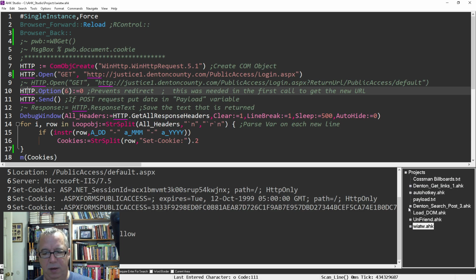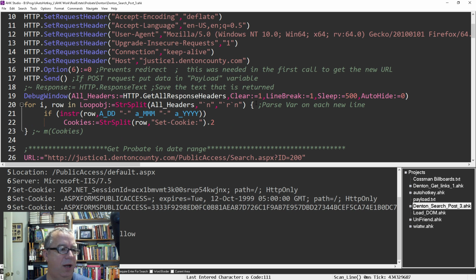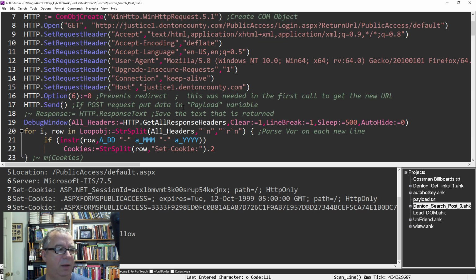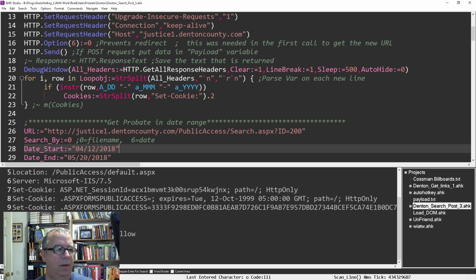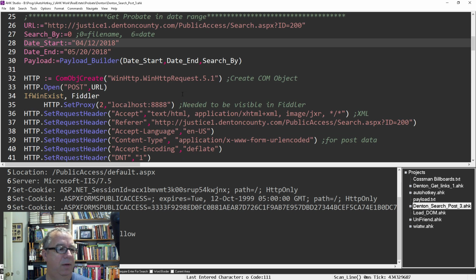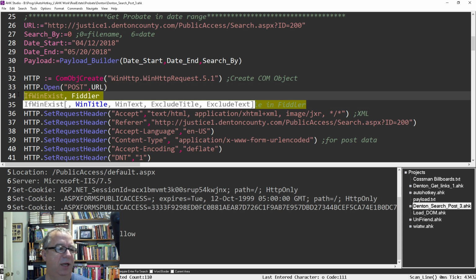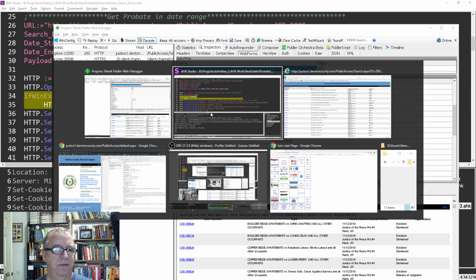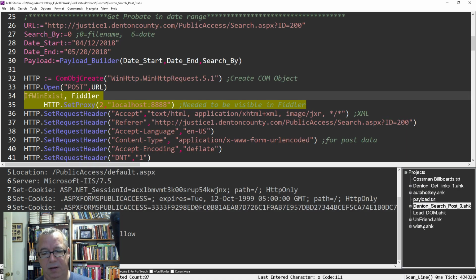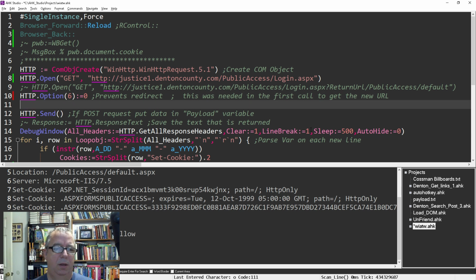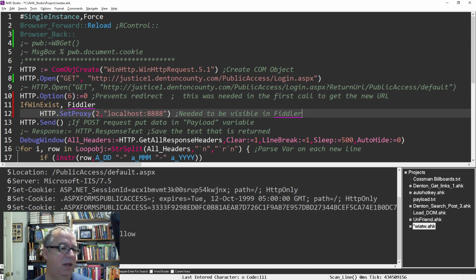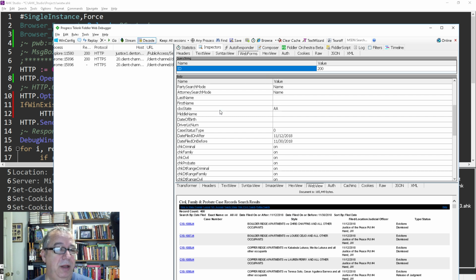So in AutoHotkey, if you want your traffic to show up in Fiddler, and I guess I got rid of it. Oh, here we go. It's this. The first line isn't needed now, but that's what I use. It only applies it if Fiddler is there, because I think if it's not there, then it doesn't work. So if Fiddler exists, set the proxy to 2, and the local host to 8888, which is what Fiddler is listening to. That way, it'll go through Fiddler. It's the best way I can explain, because I really don't know what I'm doing. But now when I reload this and run it,